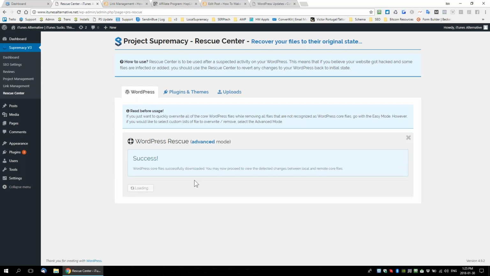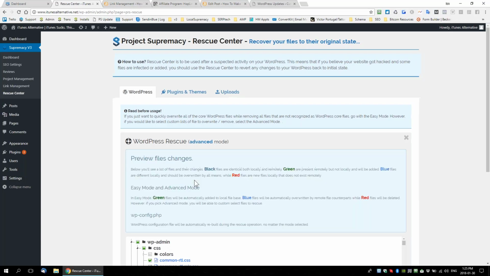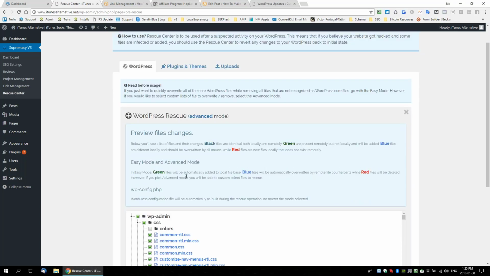Now what it's going to do is compare what's on the server of our site with the actual WordPress 4.91 files from WordPress.org, the actual files. And it'll show you the difference. You can see black files are identical, green files are present remotely, meaning green files are present on WordPress.org, but not on your site. Blue files are different on your site, okay, and should be overwritten, and red files are new files that don't